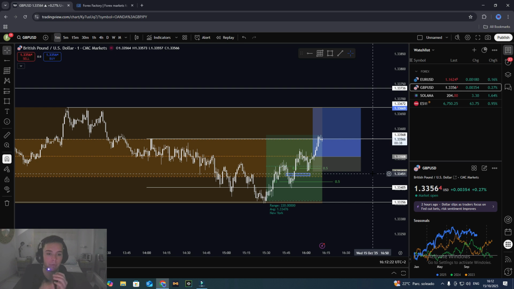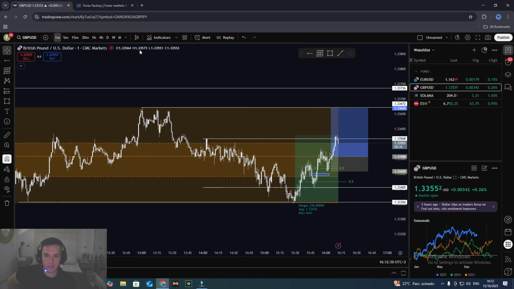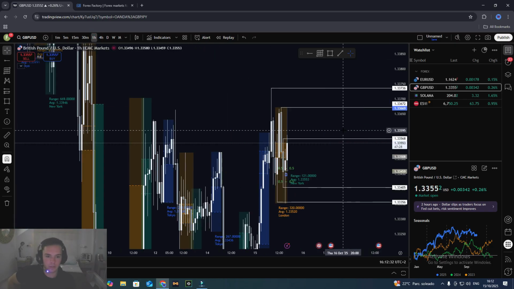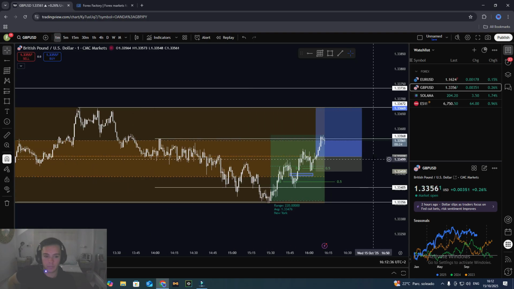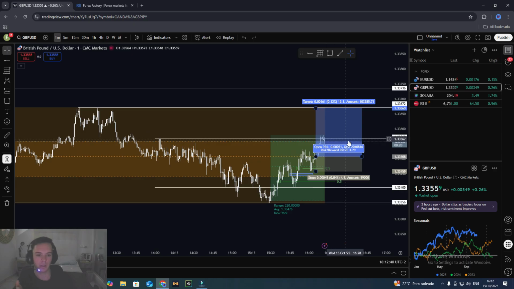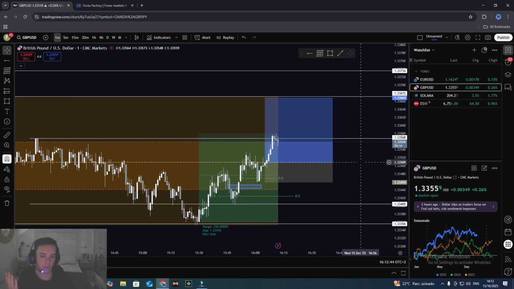Is this moment right here? Because as you can see, we are having a reaction now off this high, this key level. I think it's an hourly high. Yeah, it's an hourly high. And a lot of the time with Forex, we will hit an hourly high and we'll just reverse completely. And so what I want to see now is,